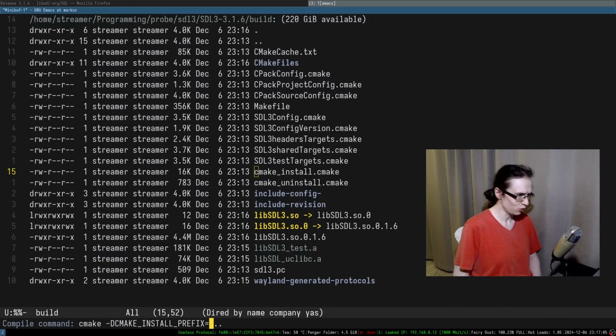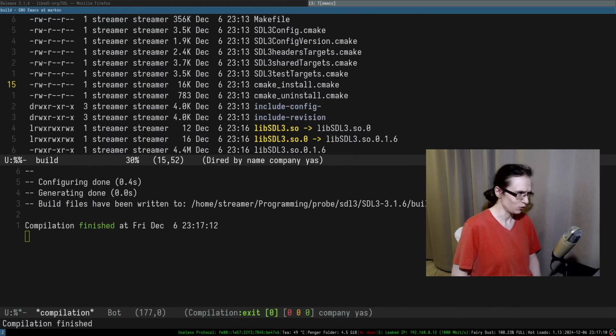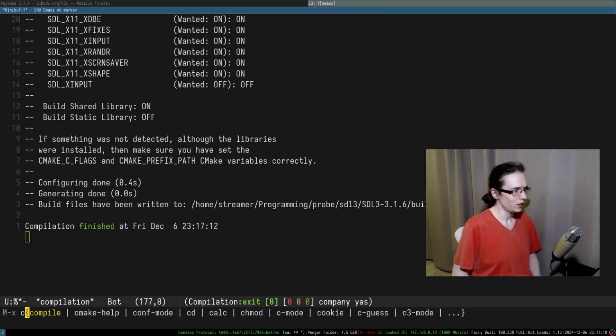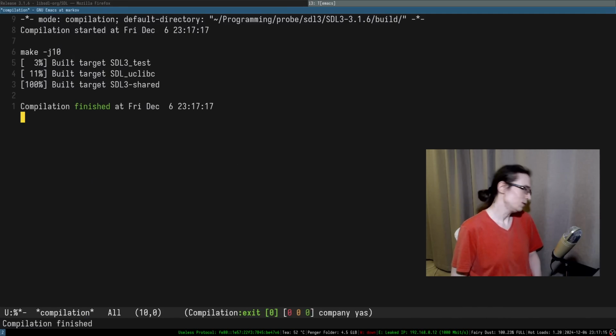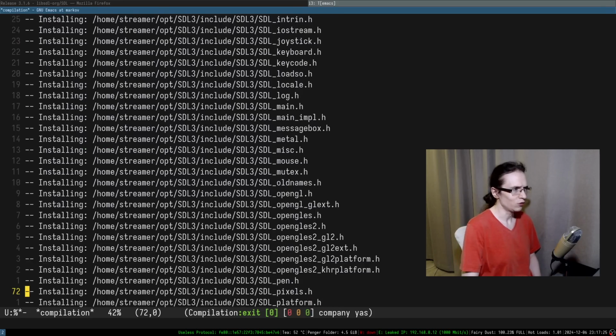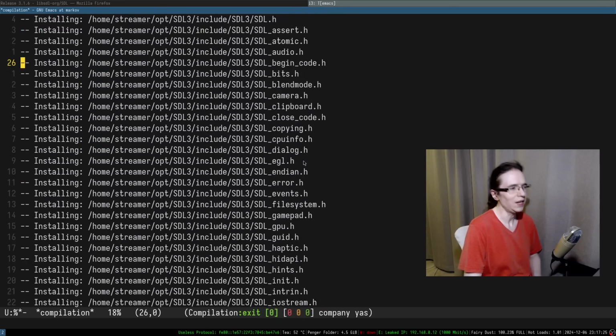I'm going to say that the install prefix is going to be home opt SDL3. So this is where we're going to install this entire thing. It reconfigured everything, and let's actually rebuild this entire thing one more time. Okay, so that didn't really require any full rebuilding. Let's do install, and it actually installed it in my home folder in opt, and as you can see, it